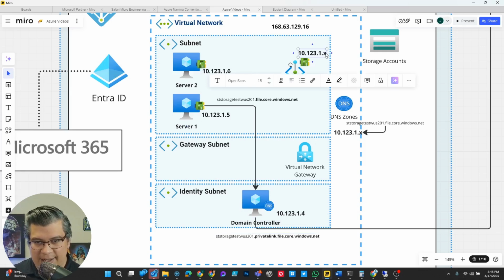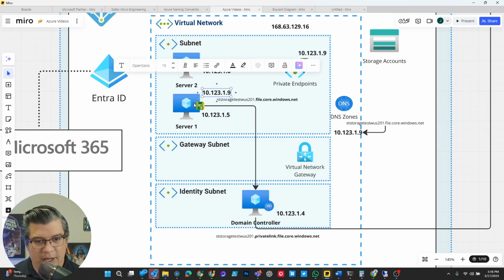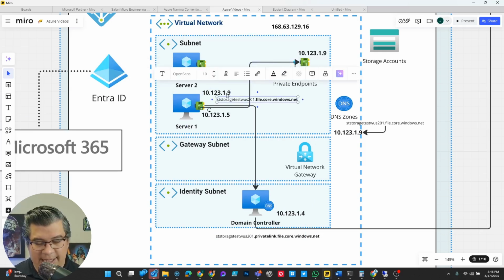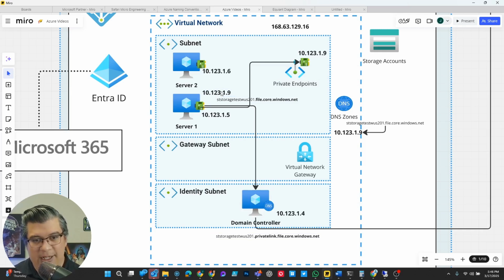In which case, this is now .9. So it resolved that private link name to this .9 IP address and gave that to the server. The server goes, okay, I'm going to connect to that when using this name. So ultimately it resolved this file.core.windows.net to this private link one, which resolved to that private IP address. And now that server reaches out to the private IP address and is able to get to that storage account